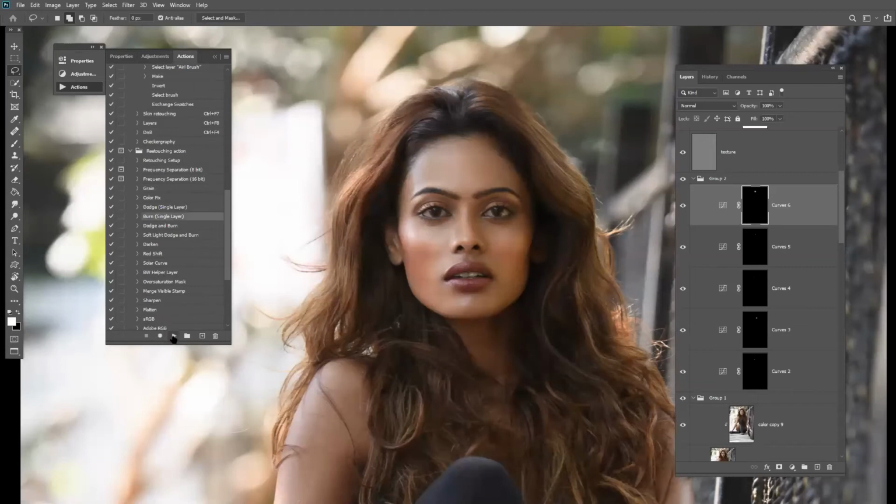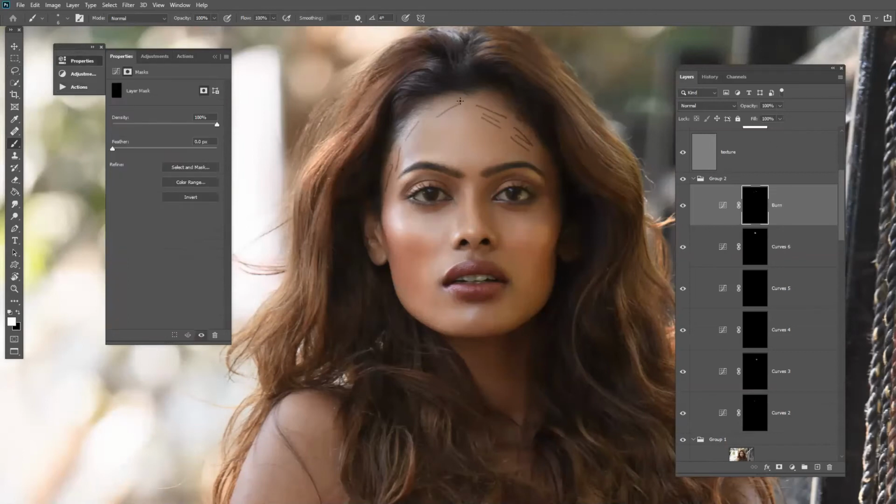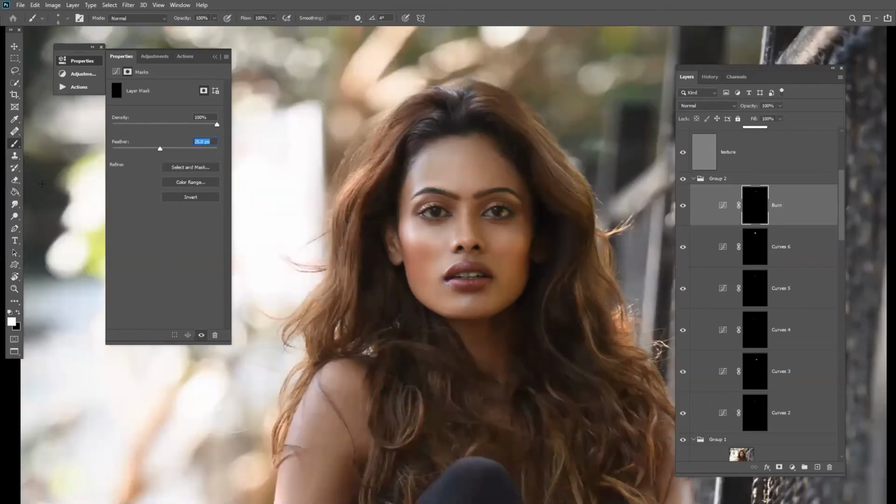Now here is a burn layer I have. So let's come down to the bottom area.